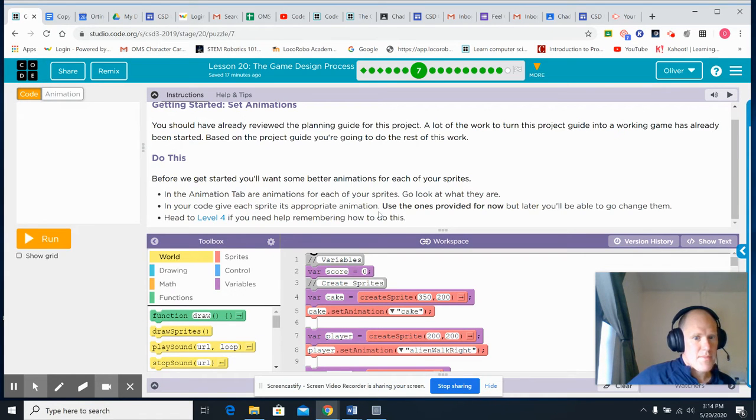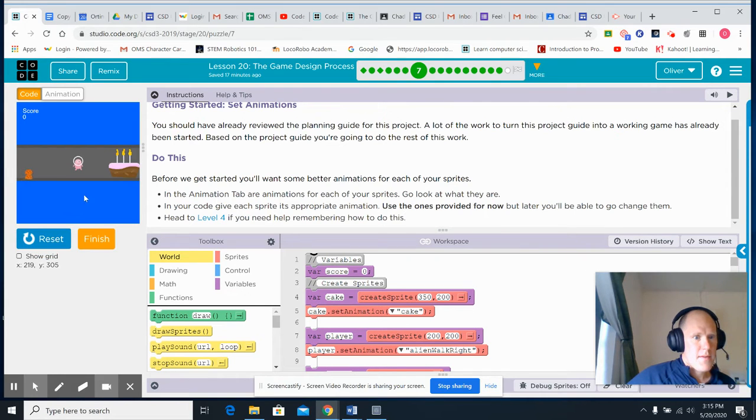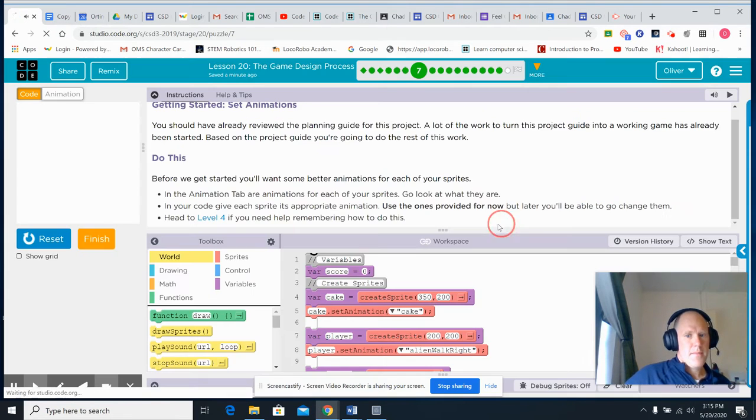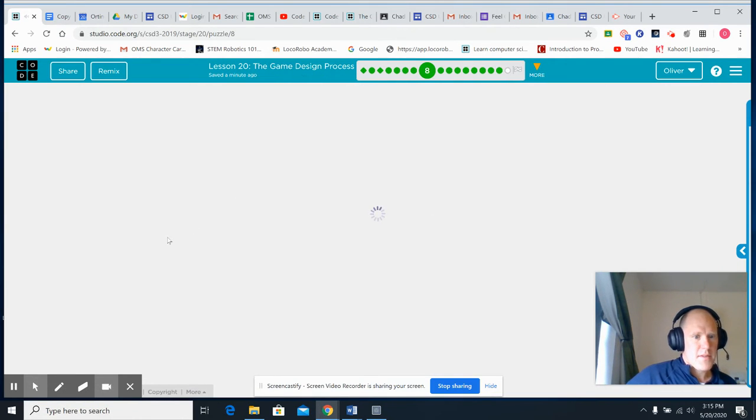Okay, go to your code for each sprite and its appropriate animation. Use the ones provided for now, but later you'll be able to change them. Head to level 4 if you need help on how to do this. 4 would be right here. This one. Okay. So right now all I've done is, I've already made my game, but right now your ladybugs will just be moving. They'll be there, and they may be moving. You're going to be making a game where the alien stops the